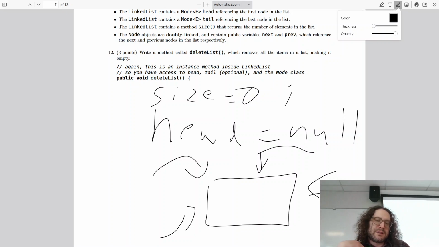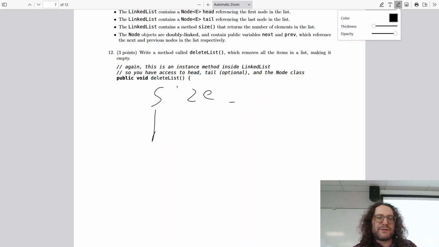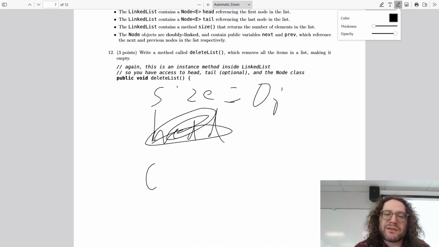However, because you have a previous here, because this is a doubly linked list, we need to be a bit more thorough. We'll have to do something along the lines of this. There's a couple different ways to do this. I could say head is equal to, let's see what I could do here. I would say basically,